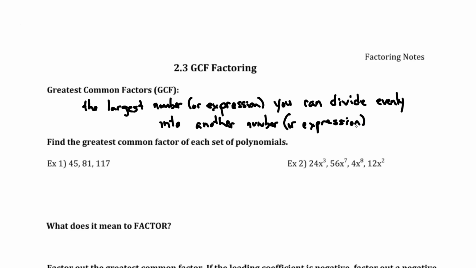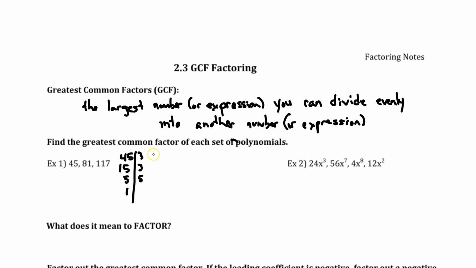So find the greatest common factor for each set of polynomials. If we take 45, one way to do this is to write 45. And then I ask myself, will 2 go into 45? Since 45 is not even, no. But 3 will, and it goes in 15 times. And 3 goes into 15 5 times, and 5 goes into 5 1 time. So 3 times 3 times 5 is 45. The numbers here on the right show the prime factorization of 45. It's like a factor tree, but it's